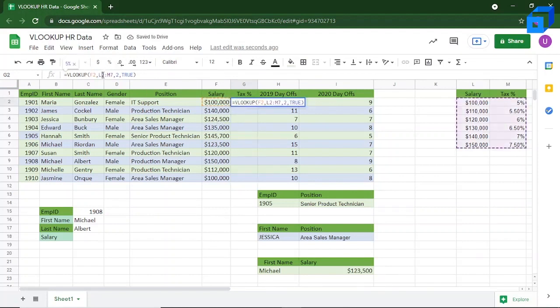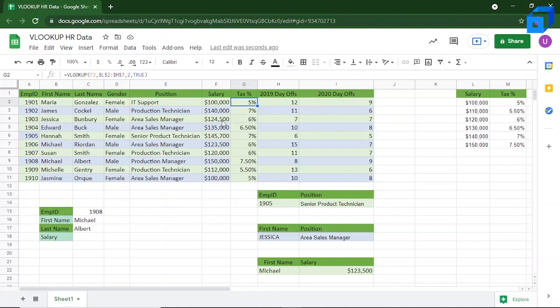Let us change this formula to absolute cell reference. So that will be $L$2:$M$7. And now let us check if this works out fine. Yeah, so here you can see that it turned out perfectly fine.